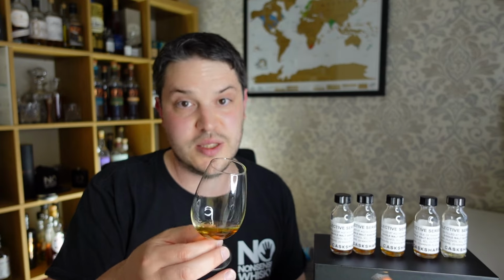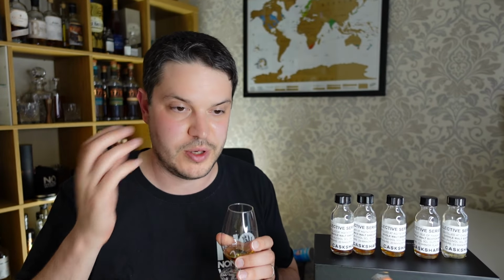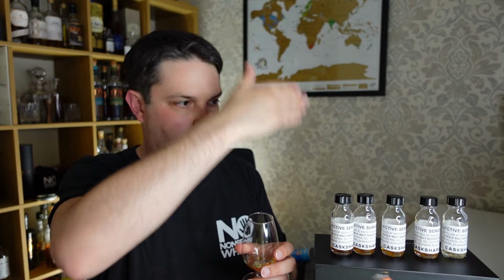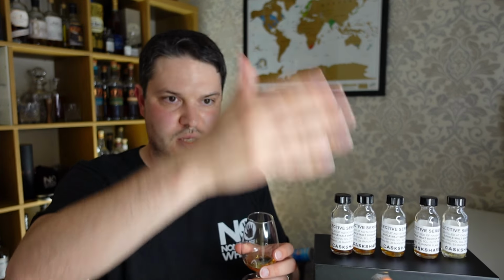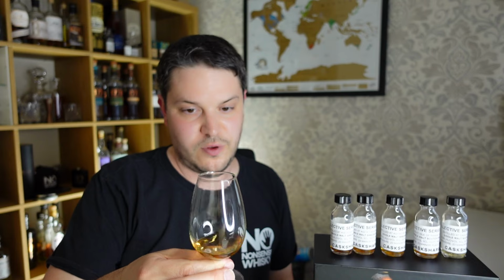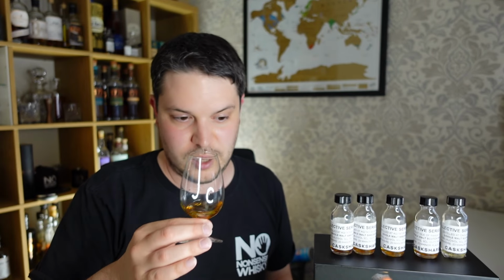It's all well balanced together, but, to use a really rubbish analogy, it doesn't sing together. It sings in parts. If you imagined it as a choir, it would be as if this group started singing and then they stopped, and this group started singing and then they stopped. They're not all singing together. They're all just going your turn, your turn, your turn, which is fine. That happens a lot in whiskey. I have to say it's probably my least favourite of the three, which is weird considering it's peated. I like that, but